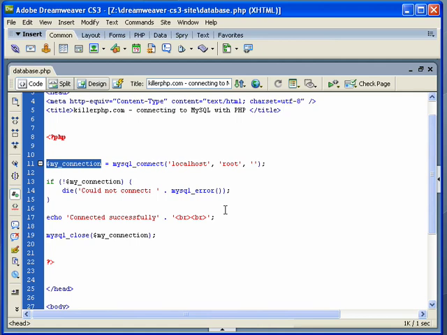Think of a handle as a control point, as a handle on a frying pan, if you will. Think of it in that sense. And the reason you have this handle is so that you can use this later on. If you scroll down here, I have my connection here, and I use it in another function called MySql close. So once you've done all your database stuff, you always want to close the connection. And the reason you want to close